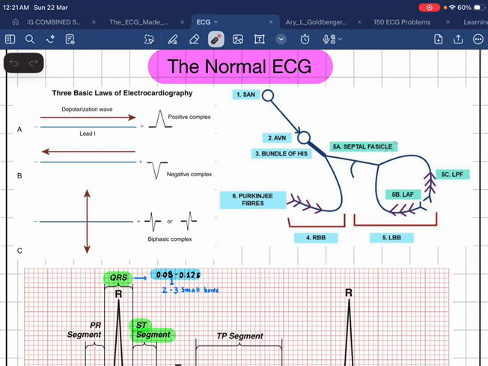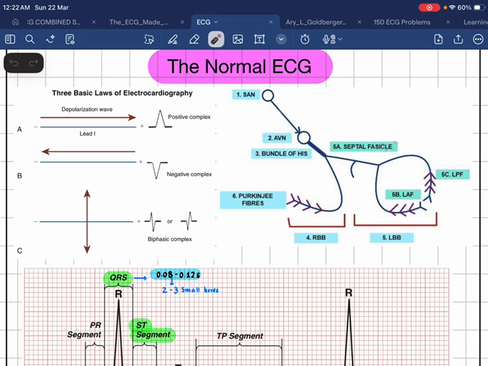The first law states that if the direction of the depolarization wave is towards the positive electrode, there will be positive deflection. The second law states that if the depolarization wave is in the direction of the negative electrode, we have negative deflection, and if it is at 90 degrees to the electrodes, we have a biphasic complex, that is positive deflection as well as